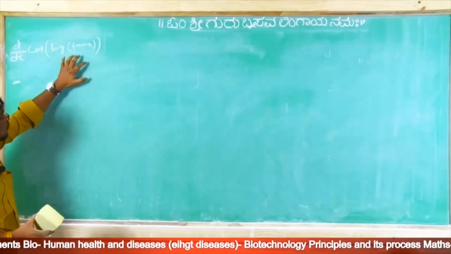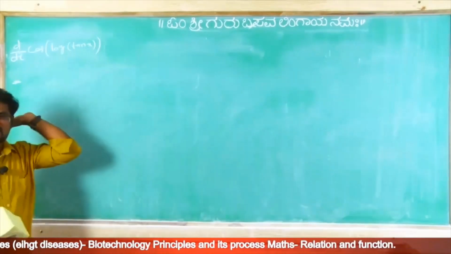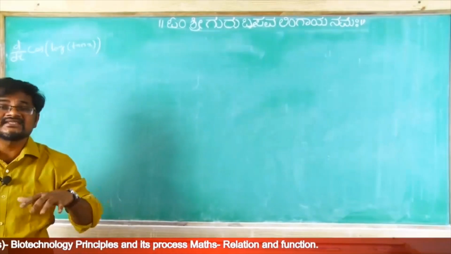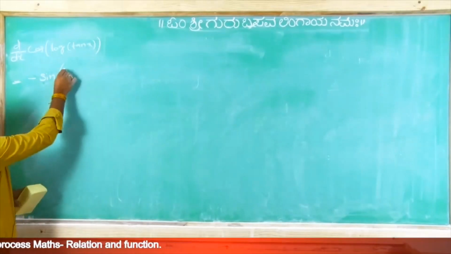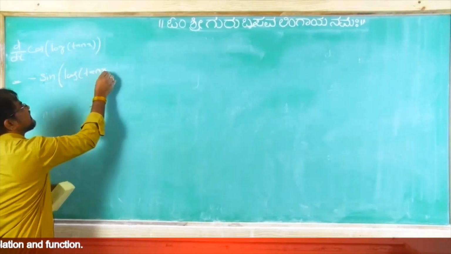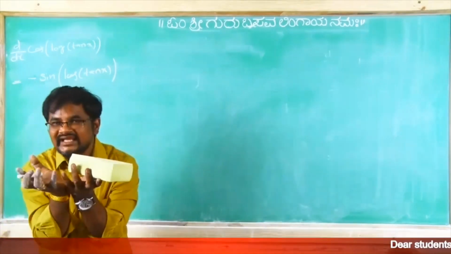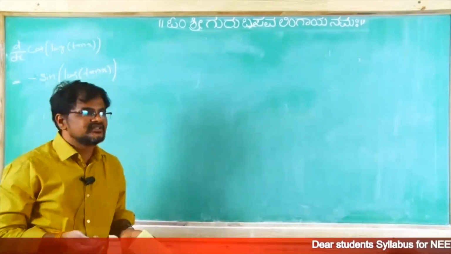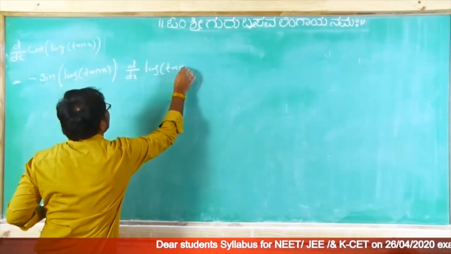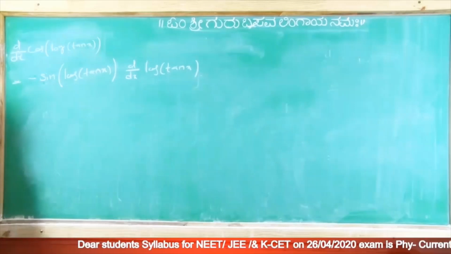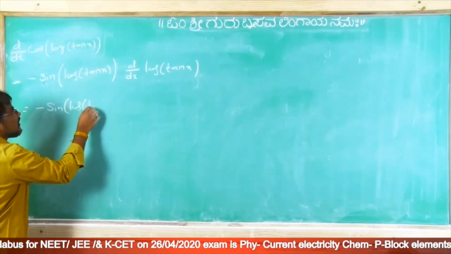First, this total value you take it as x. Now cos x. Differentiation of cos x is minus sin x. Simple thing. Minus sin of this total, log of tan x. Again we have to do the differentiation for what you taken as x. Now d by dx of log of tan x, and this is as it is, sin of log of tan x.